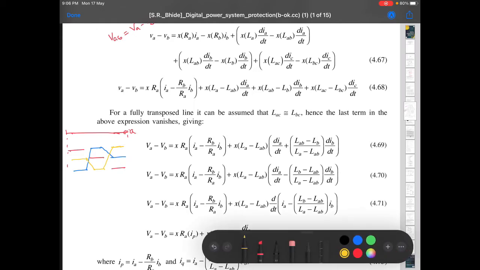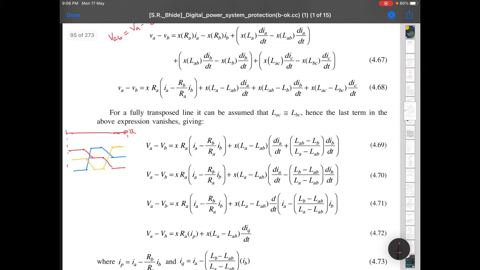Why do we run it like this? To nullify the inductance effect, the mutual inductance effect. We generally cancel it, so whatever was produced here will be nullified here. So you got the point, right? In order to cancel that, or make all of them equal, we make a transposed line over the full length.